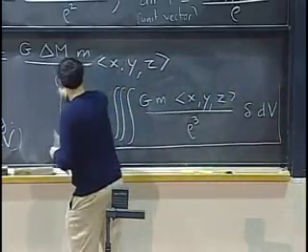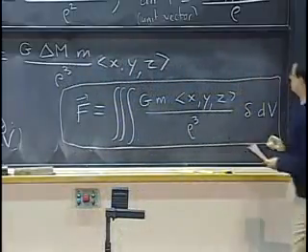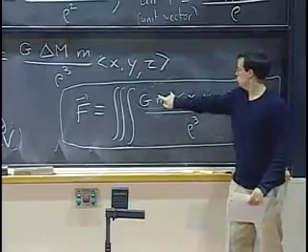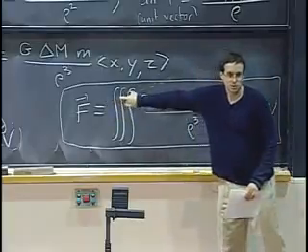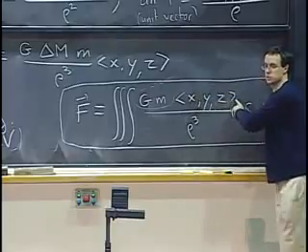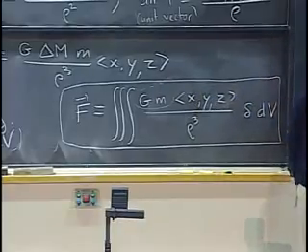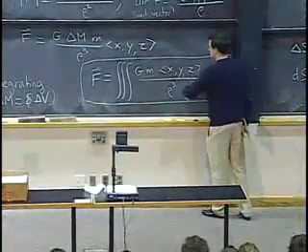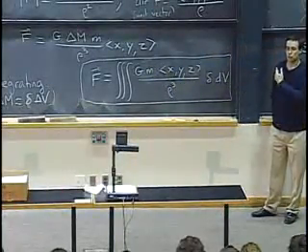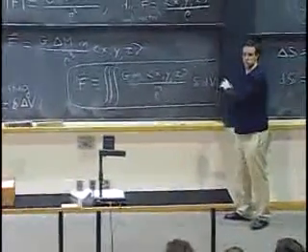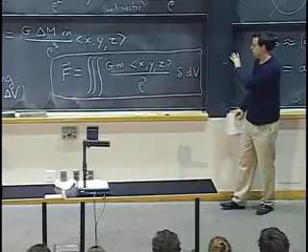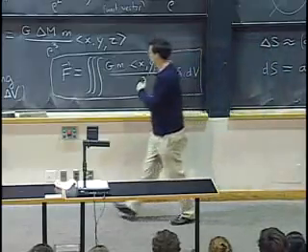Now, 2 observations about that. So the first one, of course, these are just constants, so they can go out. The second observation, here we are integrating a vector quantity. So what does that mean? I just mean the x component of the force is given by integrating G m x over rho cubed delta dV. The y component, same thing with y. The z component, same thing with z. There's no trick, it's just integrate component by component to get each component of the force.